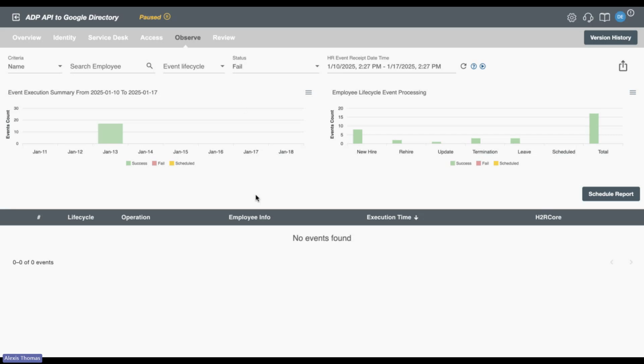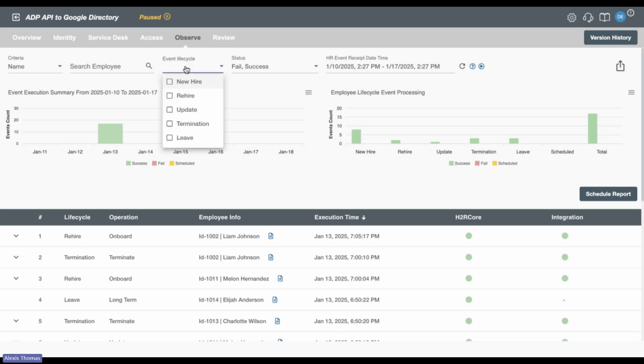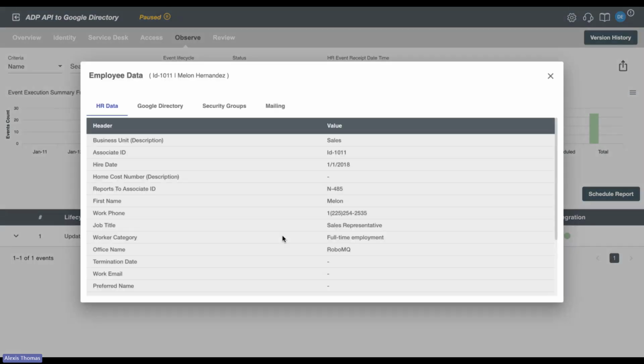Now for the Observe page, this is where you can see all the changes that Hire2Retire is making on one easy-to-view page. So first thing here, you can see an overview, but you can also get into the details as well. For example, if you want to organize it by lifecycle or status, and you want to see what happened to the employee on the date, in this case January 13th, you can go ahead and click this icon. What you will see first is the attributes that we got from your HR system,